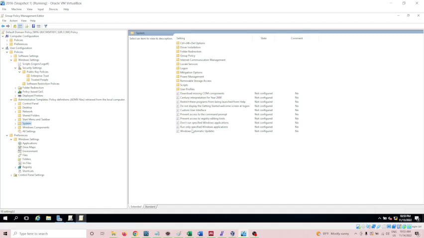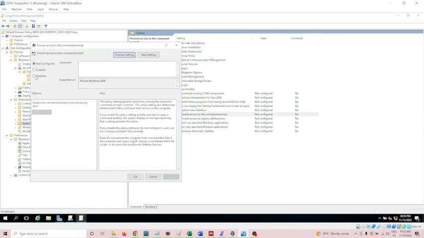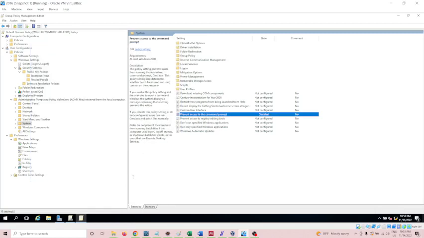In the system you can see prevent access to the command prompt. Now I enable it. After enabling,